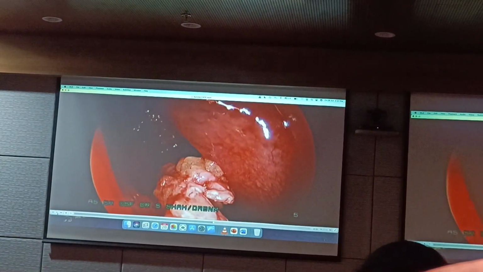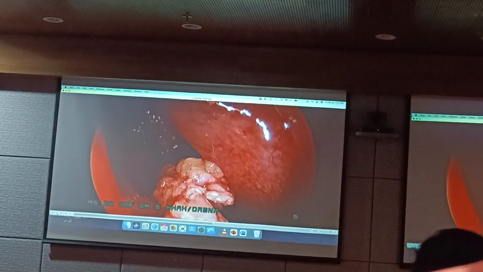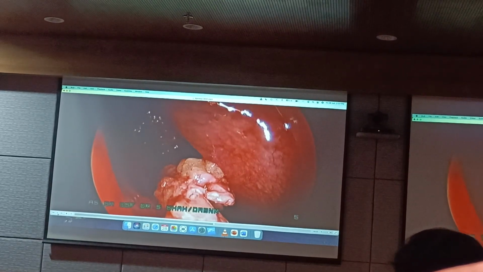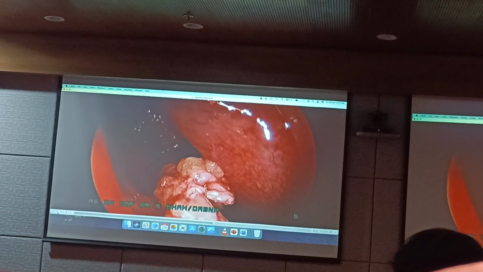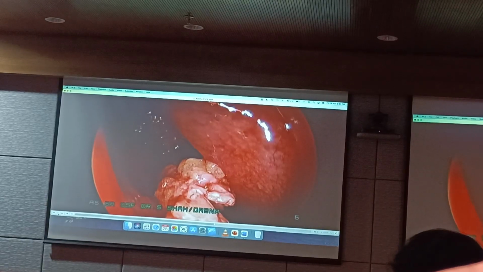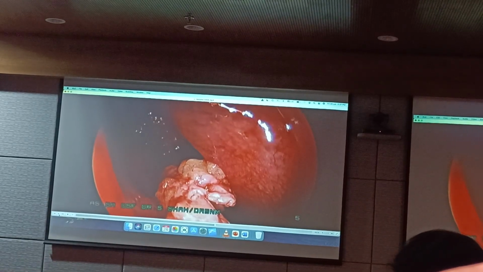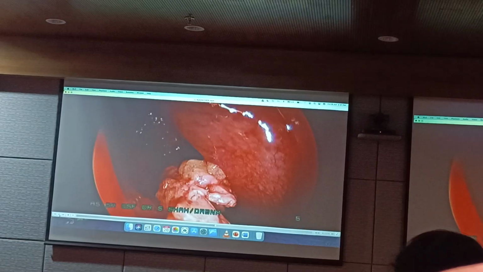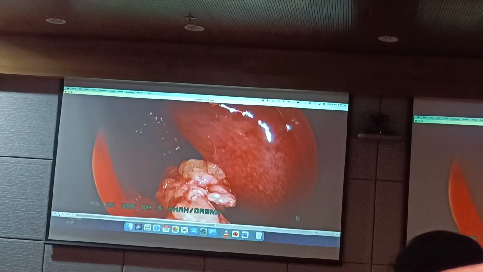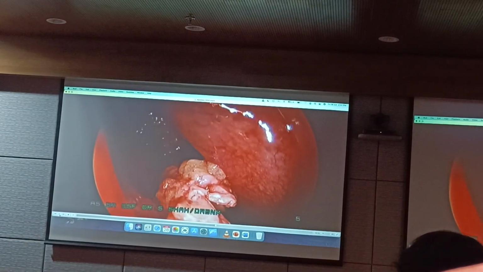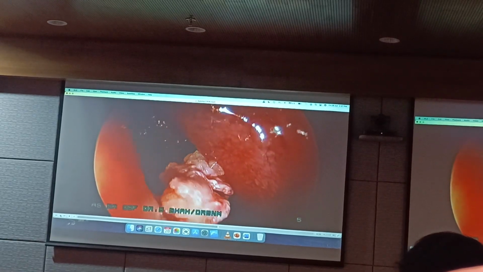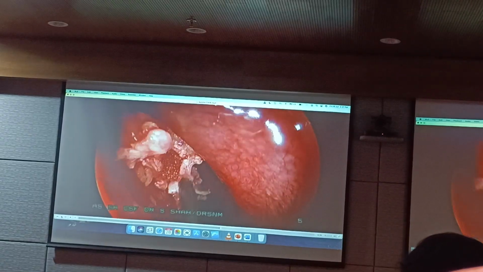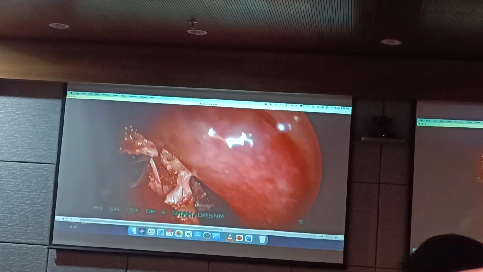Then next what you do is, you take a square piece of fascia lata which we've harvested from the lateral border of the thigh and you put a gel foam in it to make it like a sausage roll. So it will be like this, your fascia lata, and the gel foam will be over here, and with your forceps you're going to grasp it like this. Okay, and then insert it inside. The fascia lata also has a little bit of fat covering it. So that's the gel foam in between.